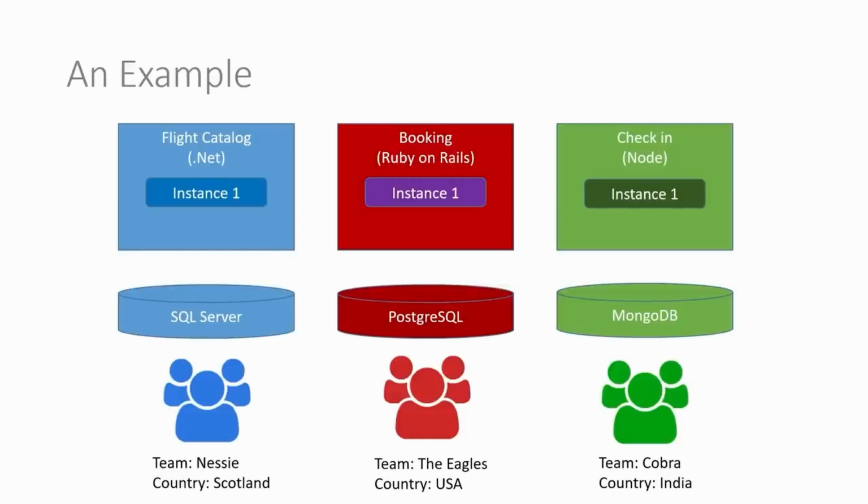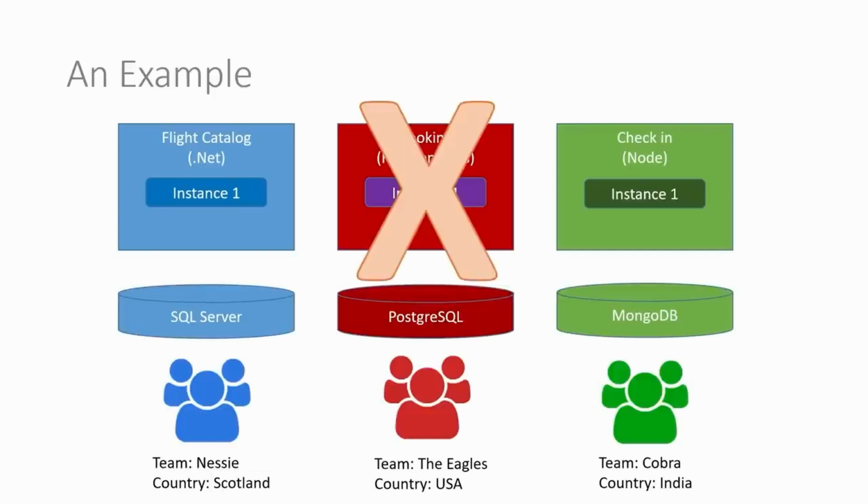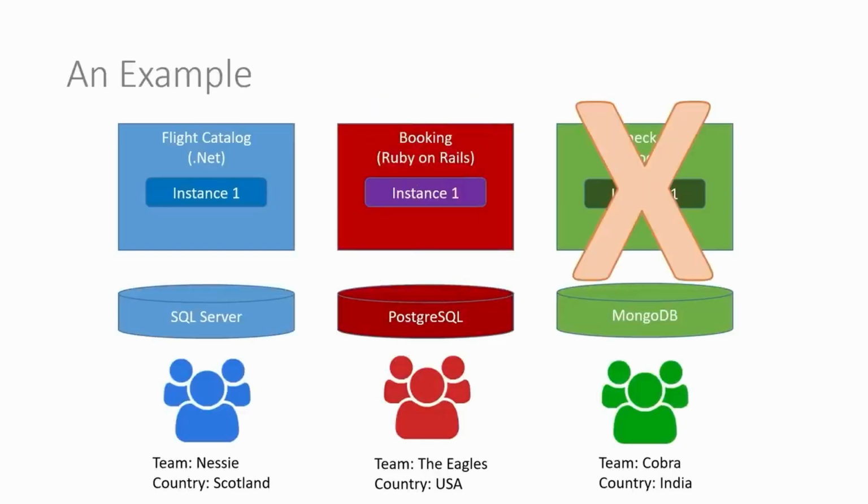And again, the whole point of this course is to understand how we can move data between services, but they are independent. So for example, if the booking service went down, people can still browse and look at the flight catalogue. So they can still go online, they can still see what flights are available, they just can't book. And likewise with check-in, people can still go to the airport or they can still check into their flight online. They might not be able to book a new flight, but they can still check in. Or let's say the check-in service goes down, people can still browse flights and they can book flights. They just can't check in.